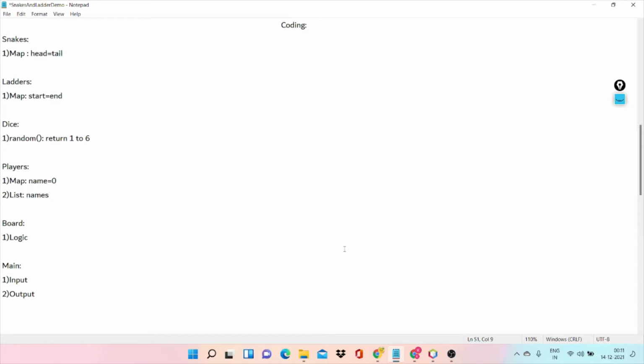Okay, till now we know all the pre-requirements and the rules of the game, and now we design the approach of our code. I split our code into 6 different classes in order to organize our code or application. In the snakes class, I set a hash map which stores head and tail as a key value pair. We store it in key value pairs because we don't need to traverse the heads and tails. We just want to grab